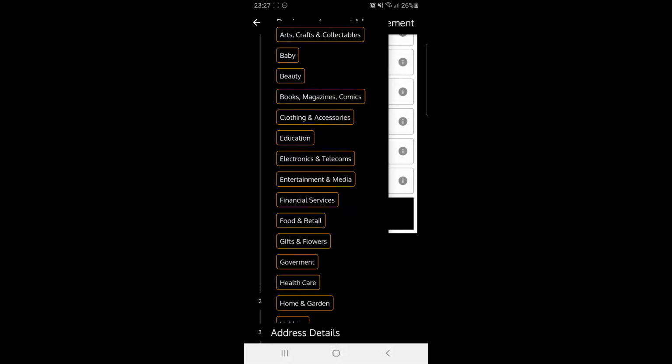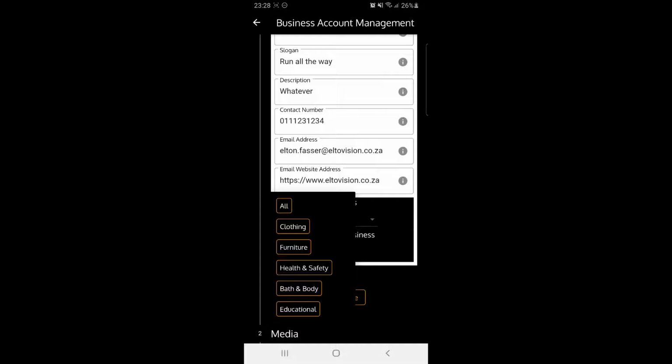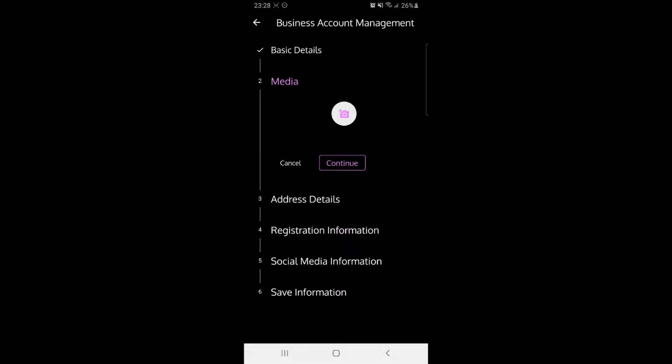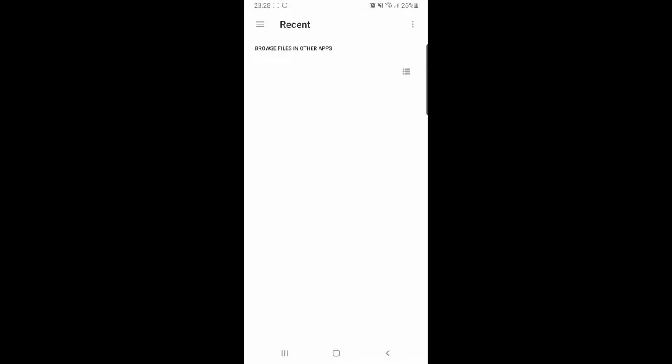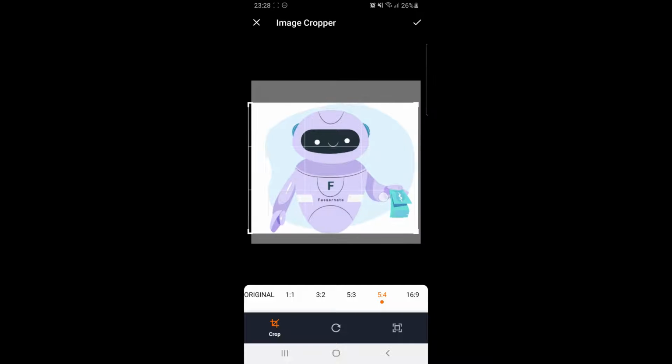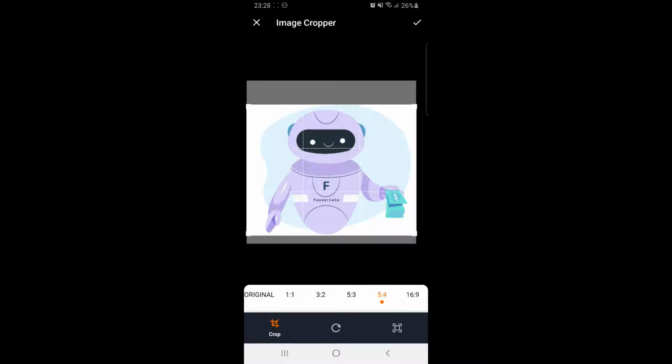Next we got to select our business type, and I think for today we'll just be in the baby business. So I'll select clothing, furniture, and education. Then we can continue, and next we got to select our image, and I'll just select our fancy little robot and crop him a little bit, and then we can click save. Move that